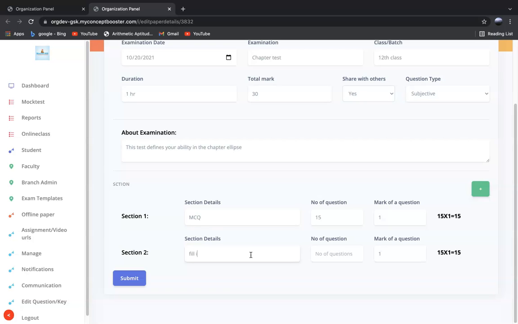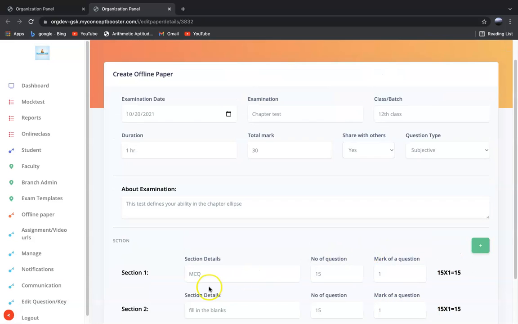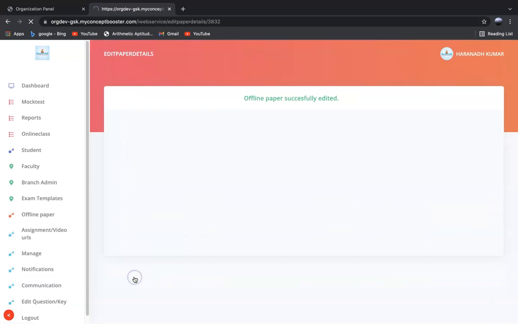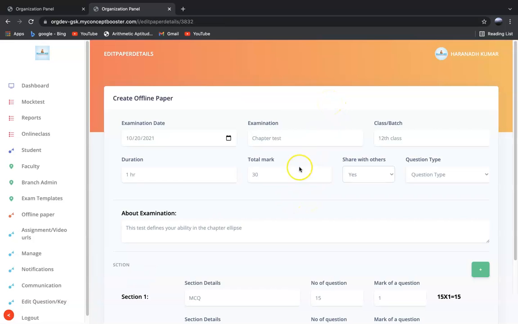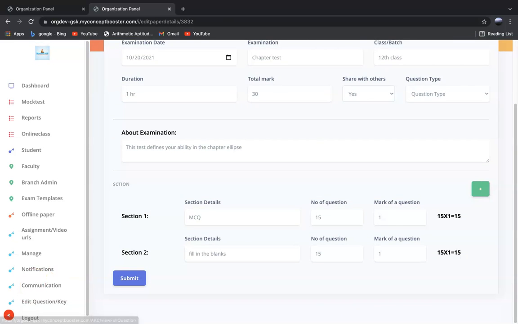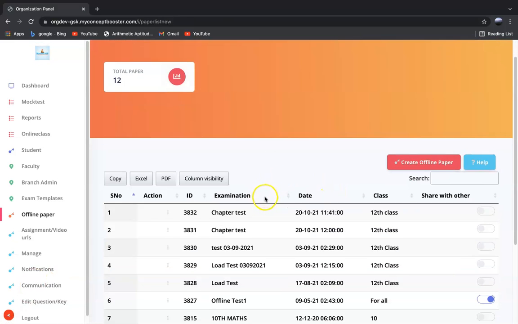No, let's add this. It's 15. Okay, let's click submit once you're done with the changes. So the paper is edited successfully. Yes. Once you're done with creating and editing the test or the offline paper, you can click this one